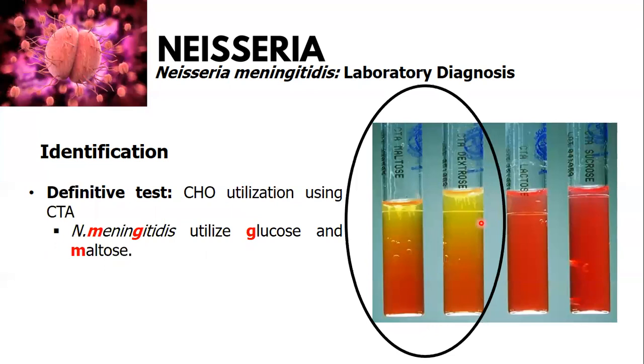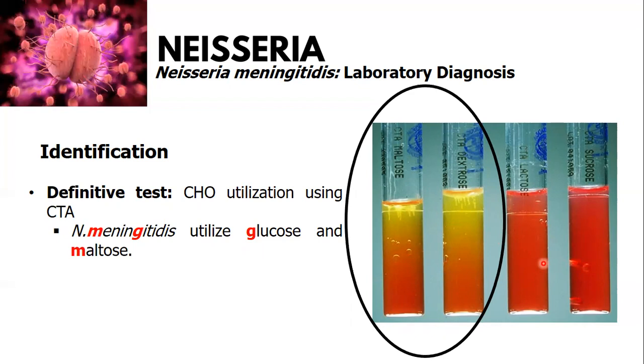So in this test, as I discussed earlier, this is a carbohydrate fermentation test that utilizes phenol red as the indicator, and each tube here contains 1% of glucose, maltose, lactose, and sucrose. I repeat, these tubes here contain 1% glucose, maltose, lactose, and sucrose. And we are going to observe at which sugar or sugars the isolated bacterium is able to exhibit fermentation.